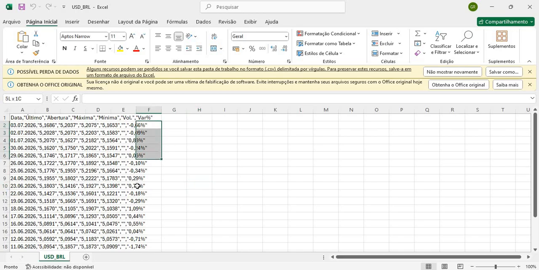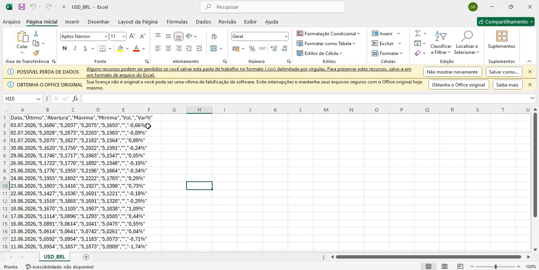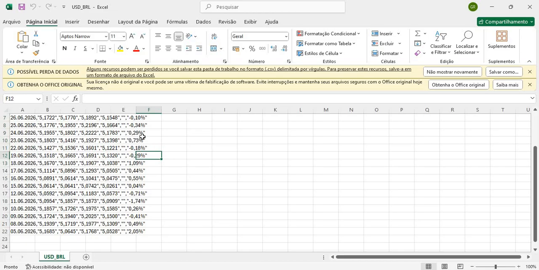So we are getting this dollar exchange rate, this percentage, and this percentage we can say is our linear coefficient, and most of the time it's being negative. So right here is a negative, right here is a positive linear coefficient.